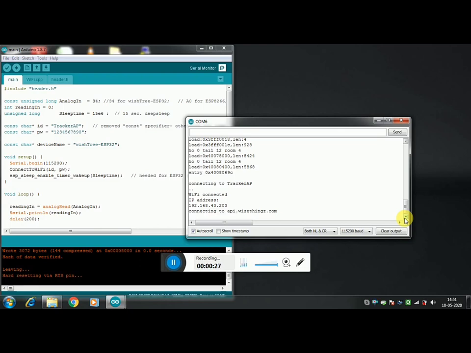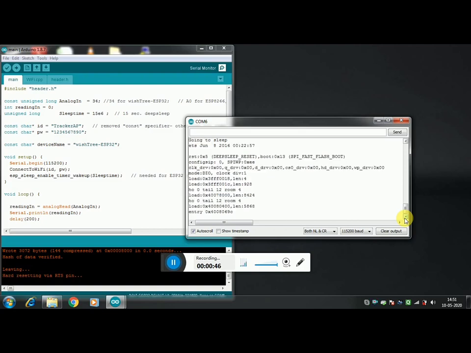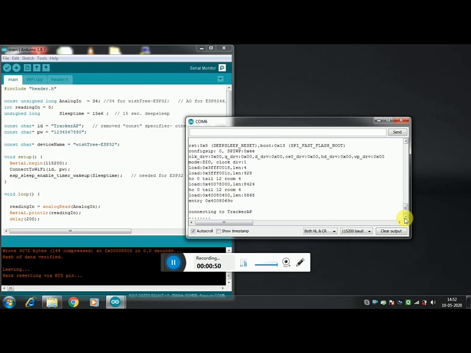If the connection time is long, because your server is slow and the response time is slow, it will take more current. You see here it took a long time to get the data to the server and get a reply from your server. Now say I switch off the router. Why do I switch off the router? Because maybe there is a power outage, so the router is not working.